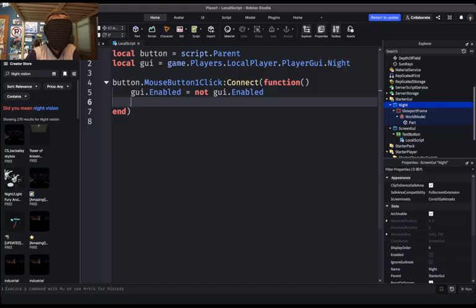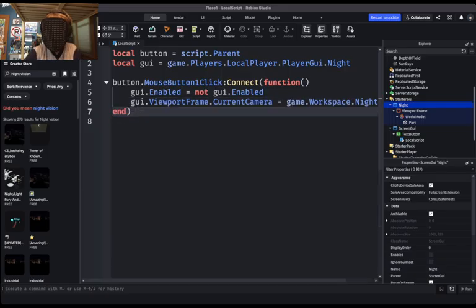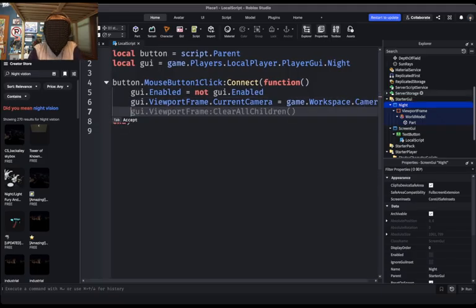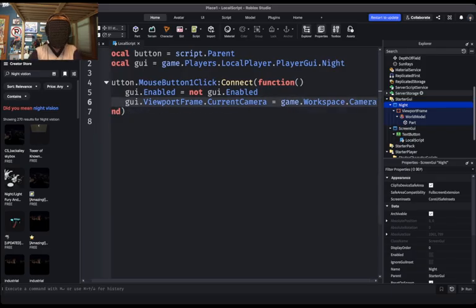So now what we're going to do is GUI.ViewportFrame.CurrentCamera equals game.Workspace.CurrentCamera. Then, since we have that aside, now what we can do is make